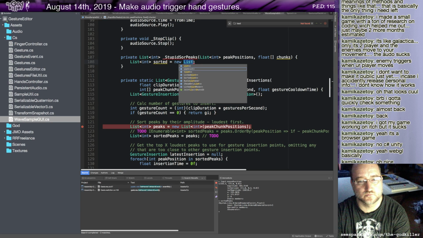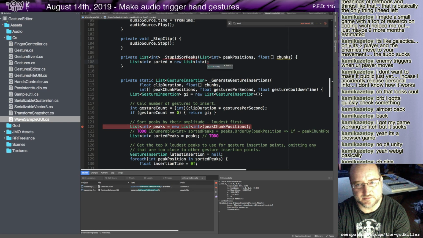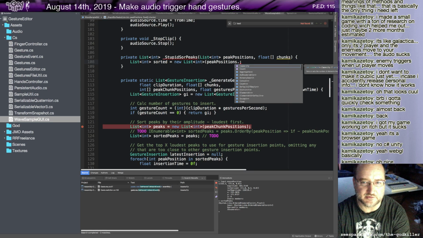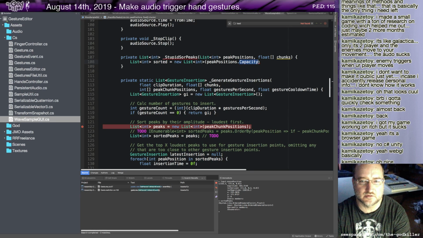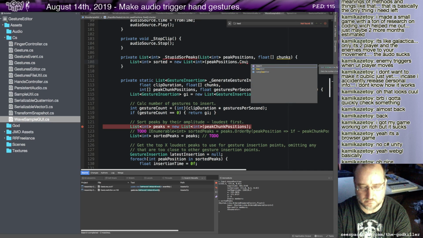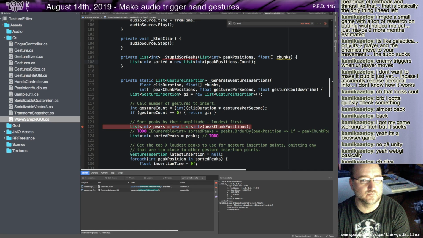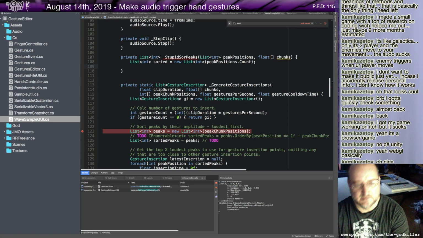The capacity of this will be the same as the size of the peak positions, because at the end they'll all be in there. Nope. Okay. So